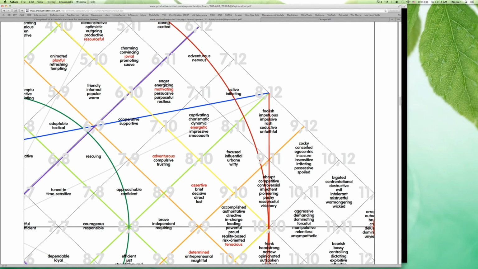So when it comes to doing this Infusionsoft stuff, based on my understanding of Stephen, and Stephen, you can certainly chime in on this if you feel so inclined. Captivating, no. Charismatic, no. Dynamic, not particularly. Energetic, no. Impressive, he could be. And smooth, well, that's when we get on his case about not updating his records.